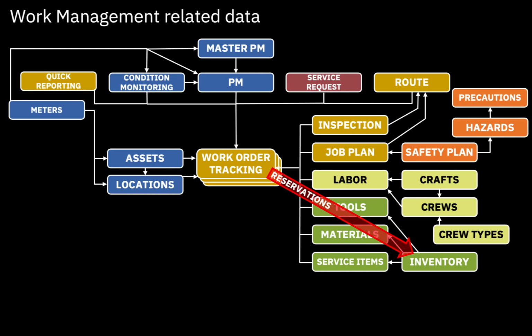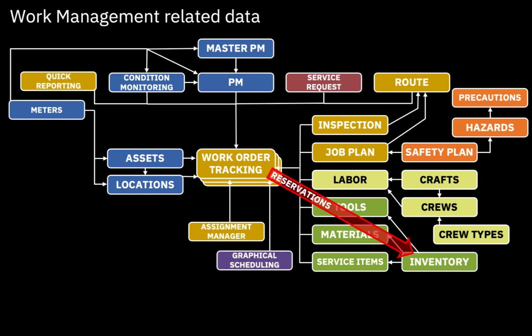The work can be scheduled and assigned using a variety of applications, including directly in the work order using the Assignments tab, but it's more likely that you'll use Assignment Manager or one of the scheduling tools like Graphical Assignment or Graphical Scheduler. Here, work priority can be considered along with the available resources to assign work to the labour or crew. They can view their assignments using the WorkView application or Activities and Tasks, where actual reporting can also